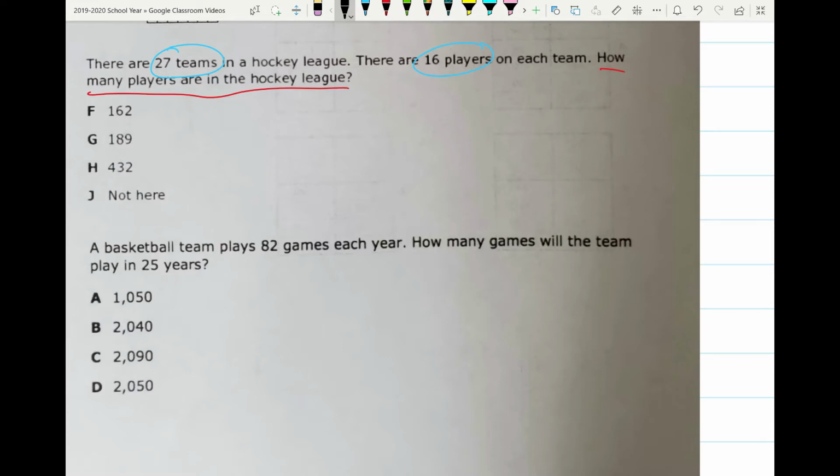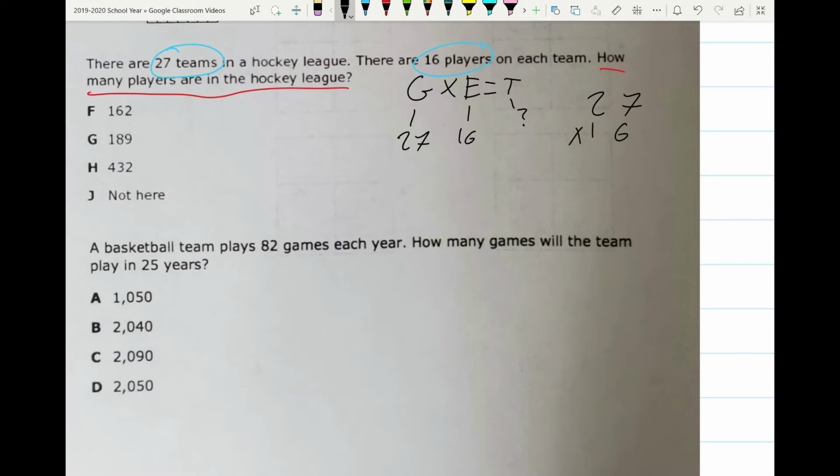Okay? So I'm going to do my G times my E equals my T. Do I know how many groups there are? 27. Do I know how many in each team? Yes, 16. Do I know the total? No. And is that what my question is asking me? Yes, it is. So if I have my G and my E, what am I going to do? I'm going to multiply